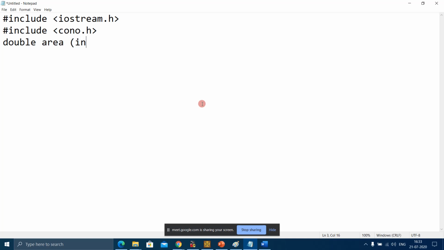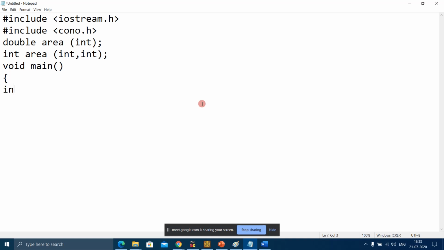Can anyone tell me what the thing I'm writing here, double area, in brackets int, means? Yes, it's a function prototype. Why do we require a function prototype?